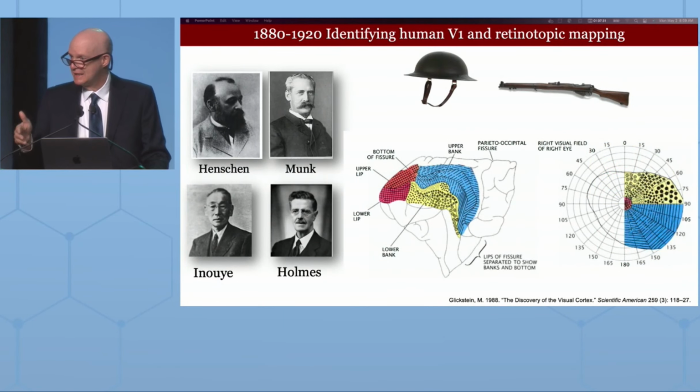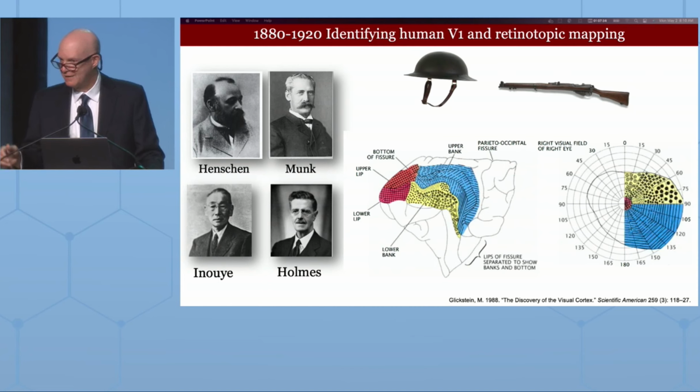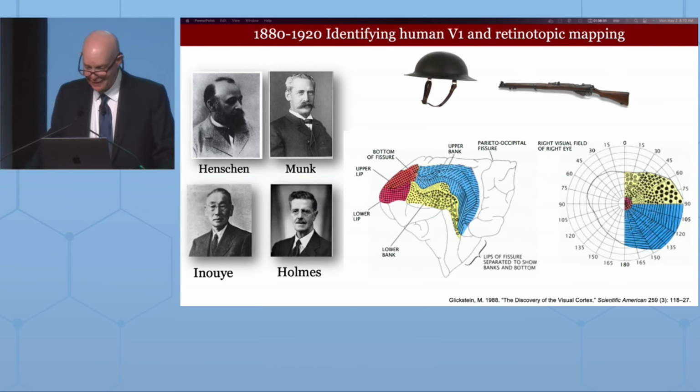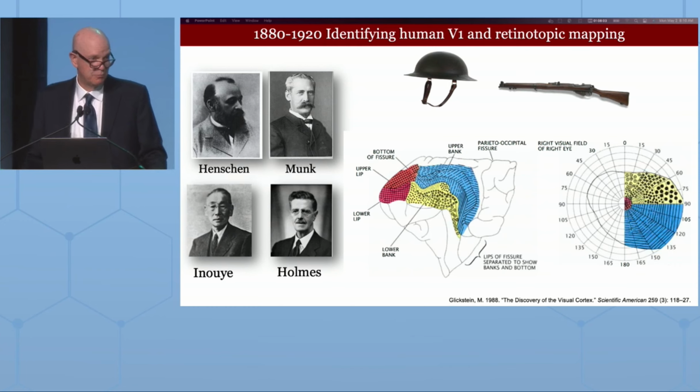Coming into each of these topics, they each already have, long before I ever showed up, a huge history that's really quite fascinating, particularly the history of how we came to learn about visual cortex. I see John Robson in the audience, and I'm thinking of Sir David Ferrier, who engaged in quite a significant debate with Munk, shown here on this slide, about where visual cortex was. Is it in the back of the brain? Is it the front of the brain? How are we going to get this stuff right? I would say it was even more intense than many of the Twitter wars that I've seen these days. It got quite personal.